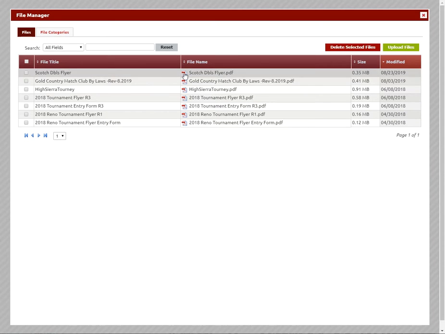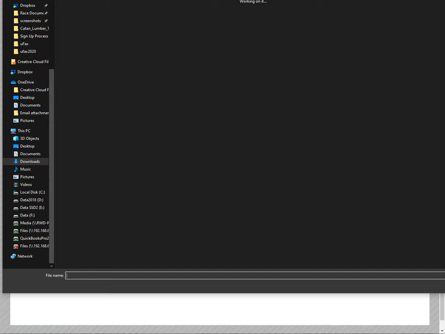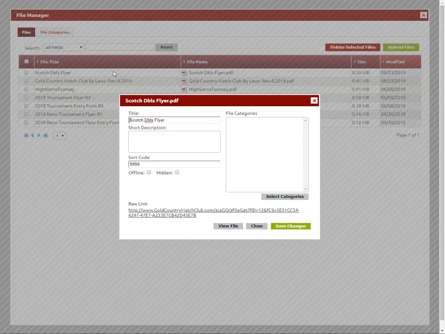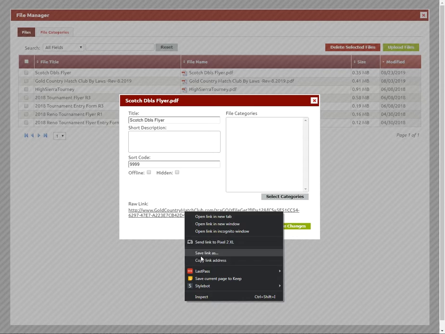From here you can upload additional files. Just click upload file and then it'll select your file and then it'll appear here. You can click on it and then you're going to copy this link. So we're just going to right click on it and say copy link address,